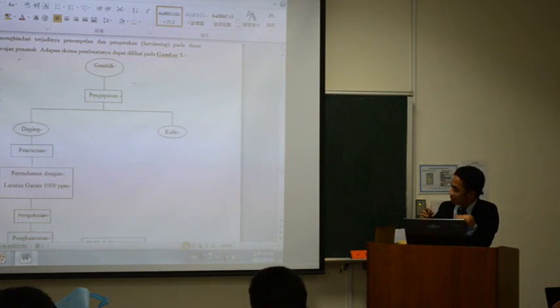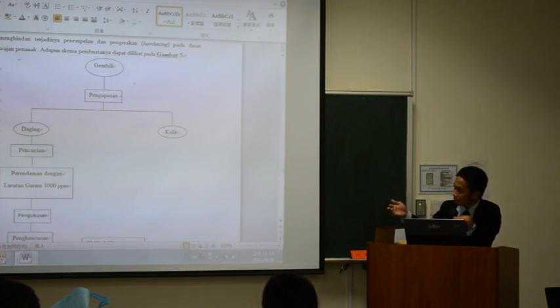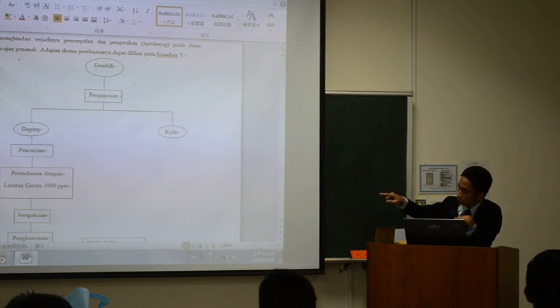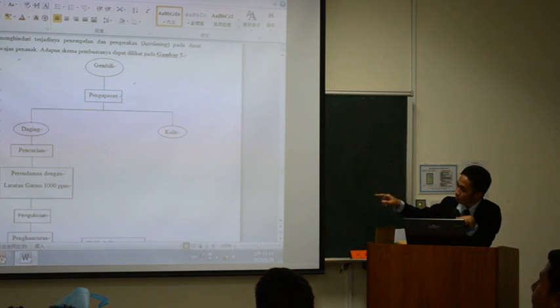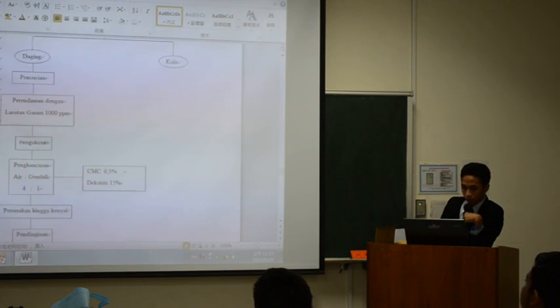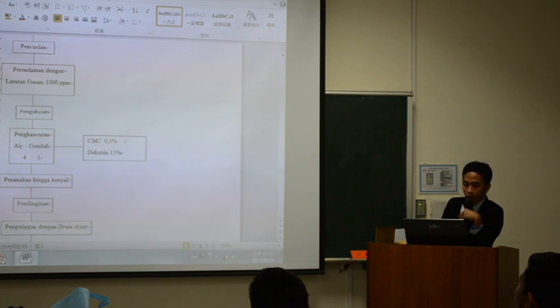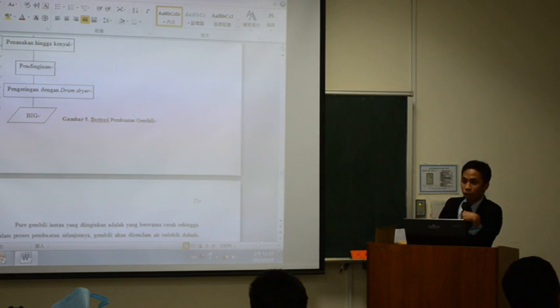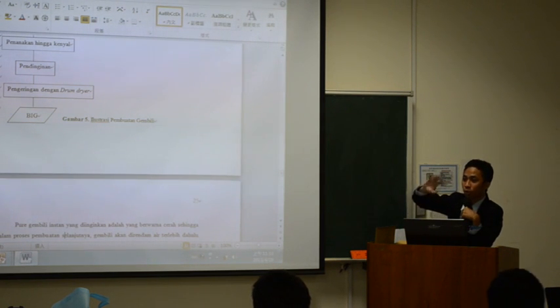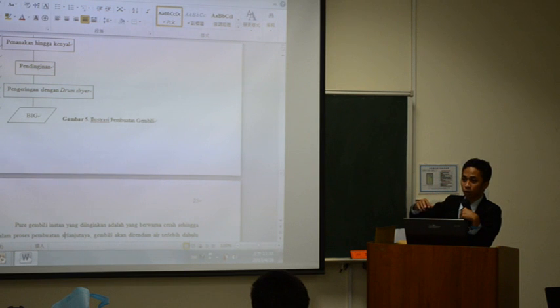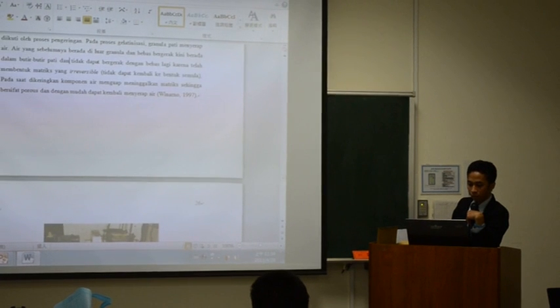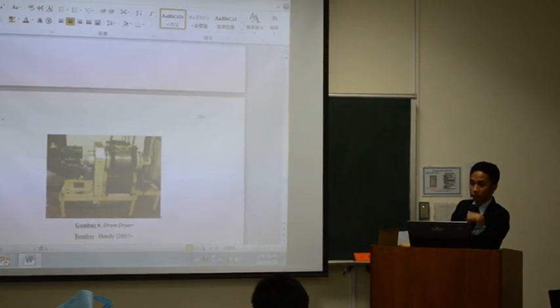You must wash the gembili and you must have salt, 1000 ppm, and the proportion of water to gembili is 4 to 1. Then you must have a drum dryer to make gembili into puree, instant puree. It is a picture of the drum dryer. The process